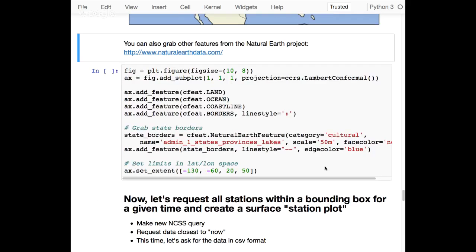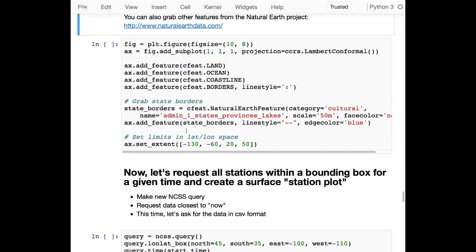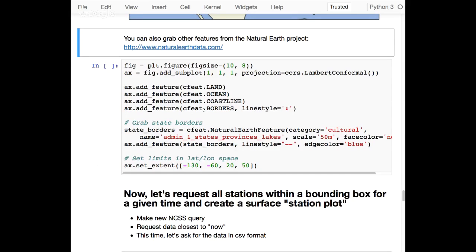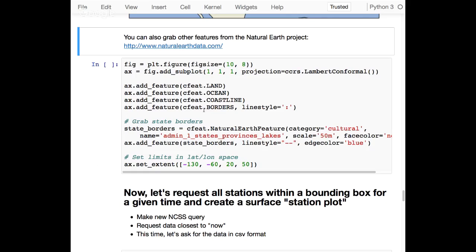Yes. So the only challenge is you can't do that with the built-in features. Like you can't just say lakes at 110 kilometers, or 110 meter rather. What you have to do, and that's what we'll see with the states here, is use Natural Earth, a data set of open, freely available, freely licensed shape information for the globe. So if we go there,